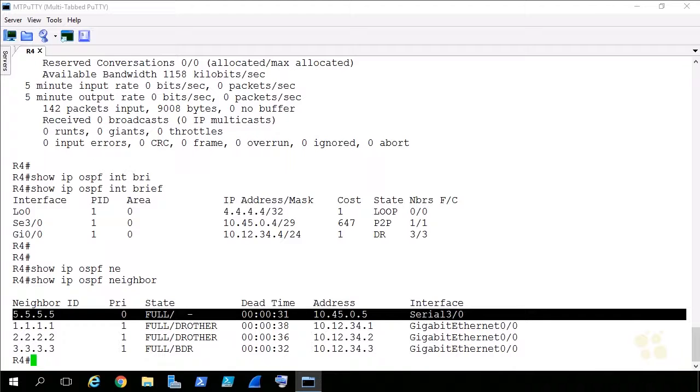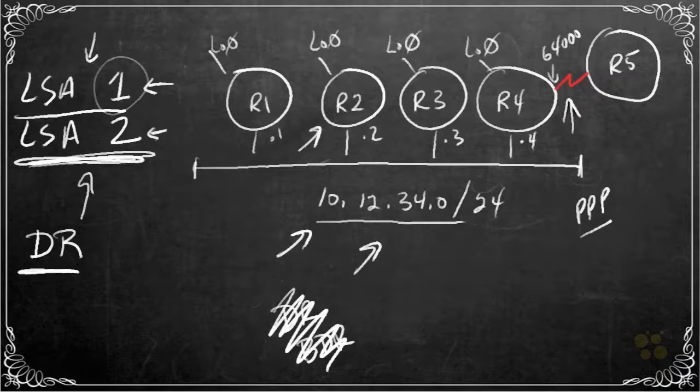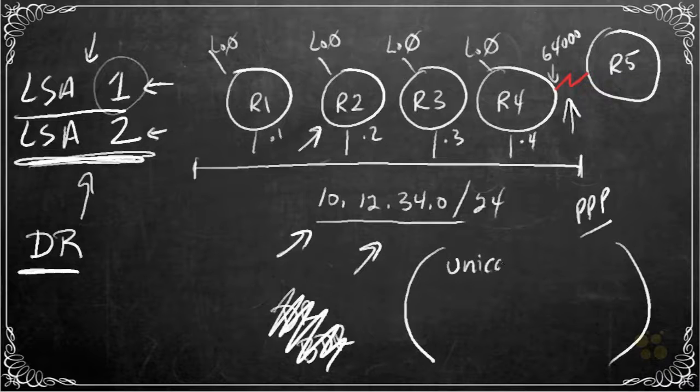Also, what I think would be important to mention is that if we go back to our drawing here, as we have adjacencies and we're sending hello messages and so forth, OSPF actually uses 3 different IP addresses that it might choose. There is the option for unicast for some of the traffic. Unicast is where it's from a specific source IP address and destined to a single destination IP address. There's also going to be multicast,